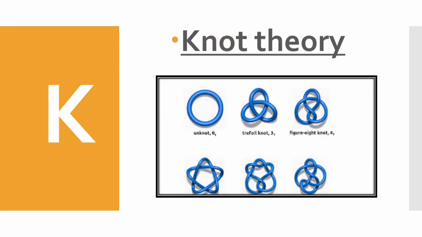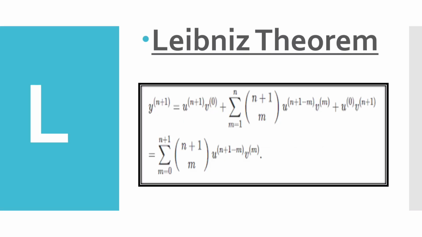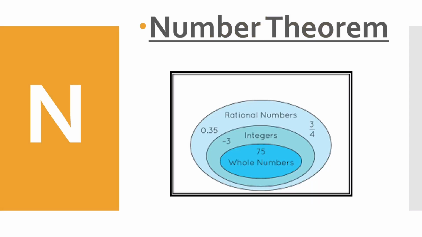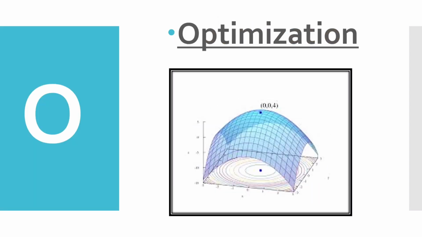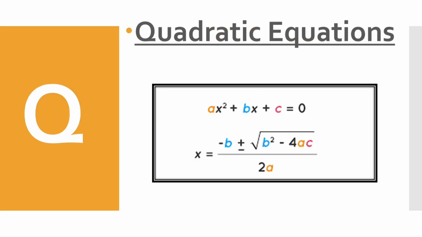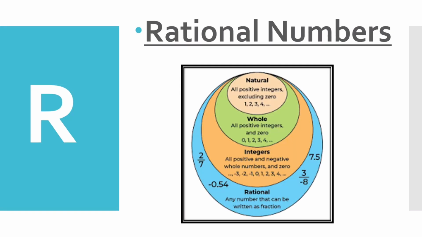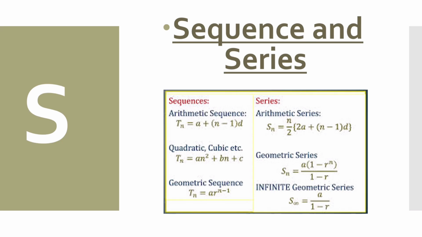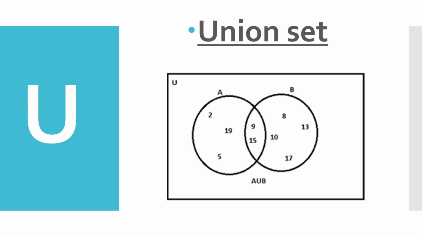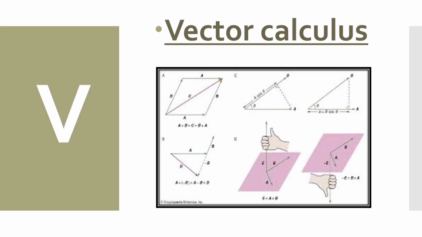K for Knot theorem, L for Leibniz theorem, M for matrices, N for number theorem, O for optimization, P for probability, Q for quadratic equations, R for rational numbers, S for sequence and series, T for trigonometry, U for union set, V for vector